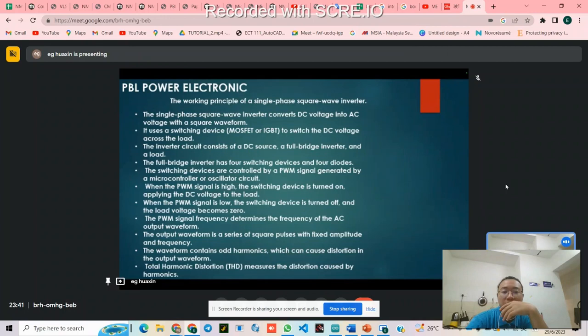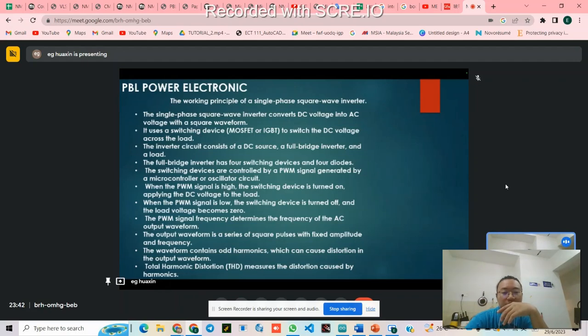is based on the switching of a DC voltage across the load while using a switching device such as MOSFET and IGBT. So the inverter consists of a DC source, a full bridge inverter, and a load. The DC source provides a constant voltage to the inverter, and the full bridge inverter consists of four switching devices and four diodes. The switching devices are controlled by a pulse width modulation, or PWM, signal generated by